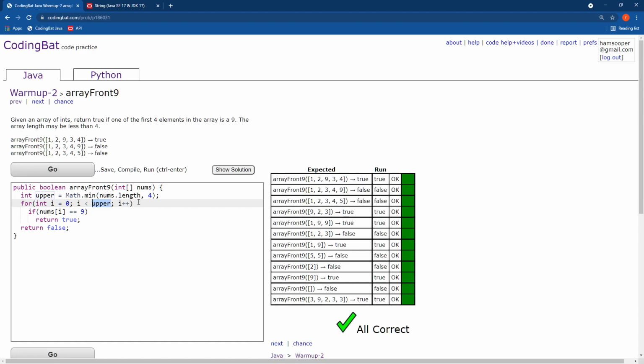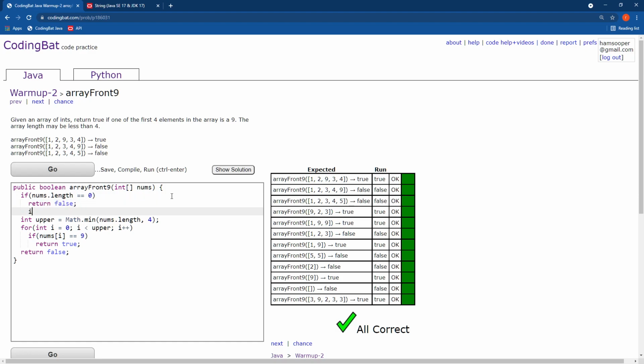And of course, there are other ways. You could have specific cases for all the lengths less than 4. Like I could say if nums.length equals 0, which by the way, you can have an array of length 0 that just has nothing in it, I could say return false. I could say if nums.length equals 1,